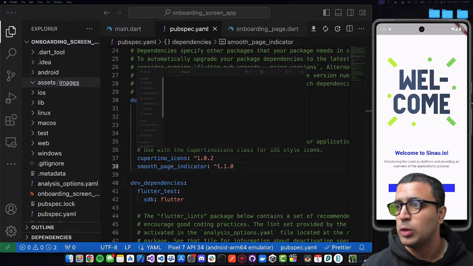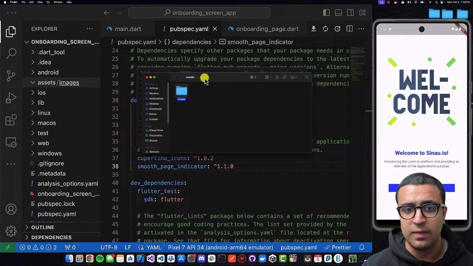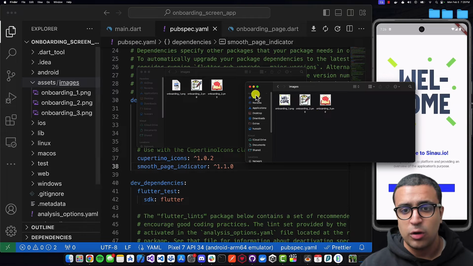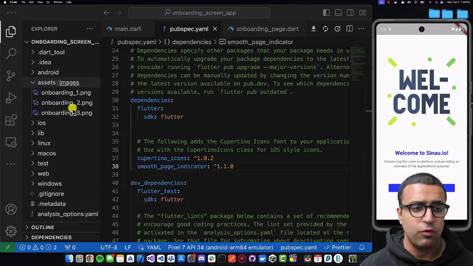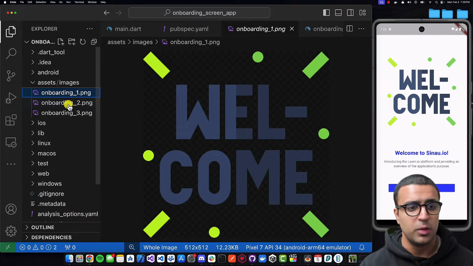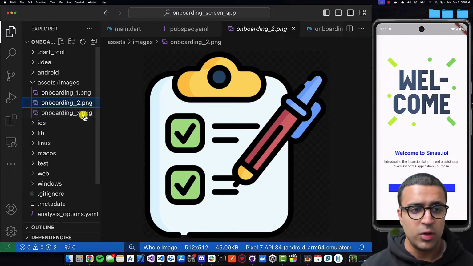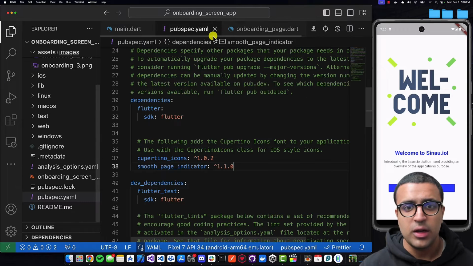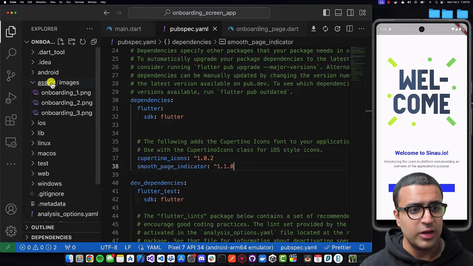And then here, what I'm going to be doing is actually dragging and dropping in the actual images that I want to display. So my images are going to have the name accordingly for each of the screens on the onboarding flow. So for onboarding 1, we show this picture, onboarding 2, it's this one, and onboarding 3, it's this one. So now that this is done, what I'm now going to be doing is closing down the assets folder,